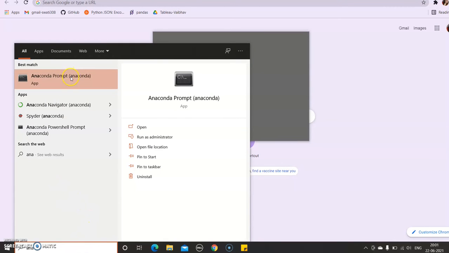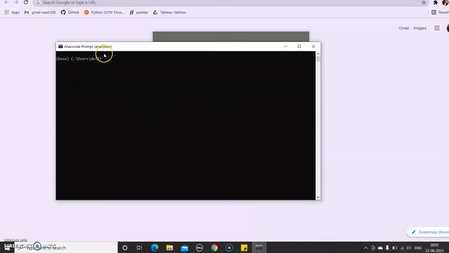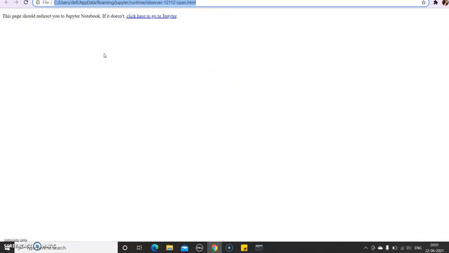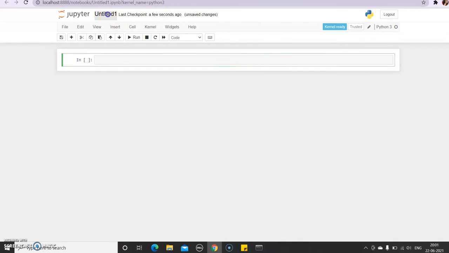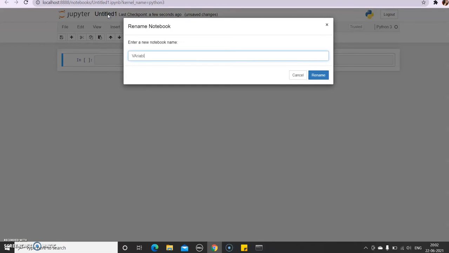So let me launch my Jupyter Notebook, and let me go to the Anaconda prompt. Go to my D drive. I do all Python stuff there in the D drive only. And then let me go to my folder where I want to launch this. So yes, I'll create a new notebook for this topic and I will name it variable. Oops. It should be a small a.